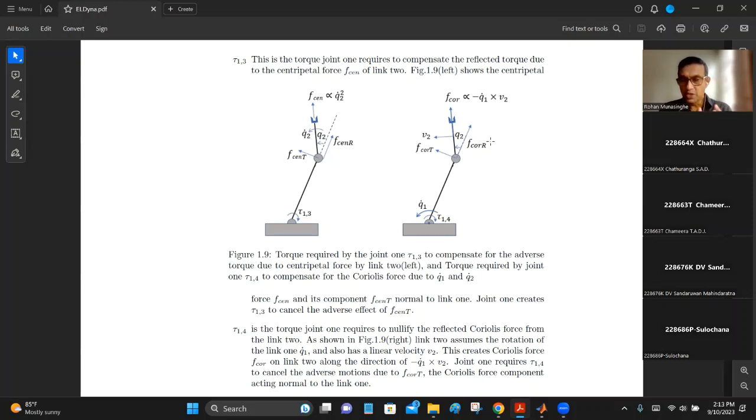Now, our discussion is the effect of this combination on link 1, the preceding link, okay? So therefore, we take link 1 angular speed and link 2's linear speed, all right? So when you combine these two together, this is how the Coriolis force is calculated. The Coriolis force is proportional to the vector product of the two velocities, angular velocity and the linear velocity, right? It is q1 dot cross v2, q1 dot cross v2 and negative direction. Okay, so